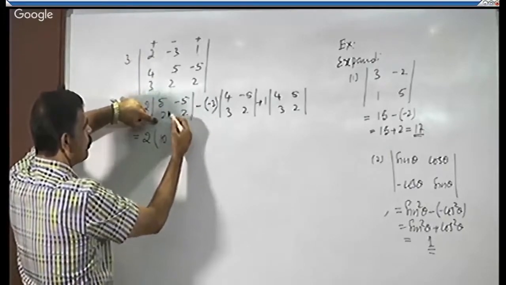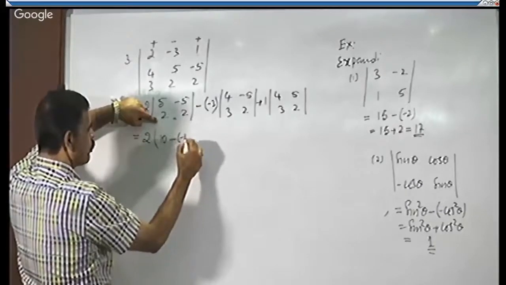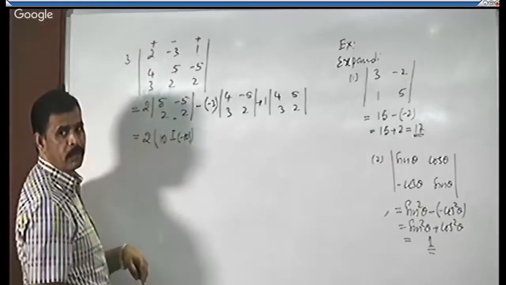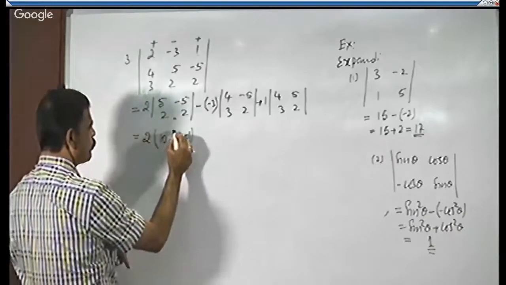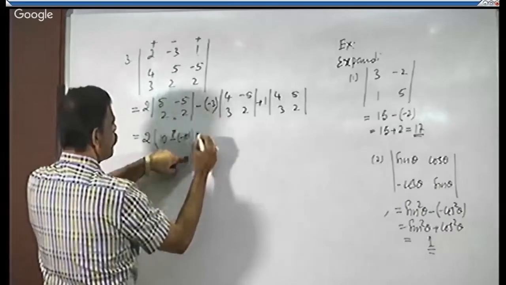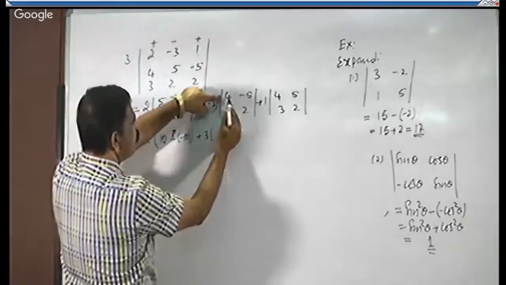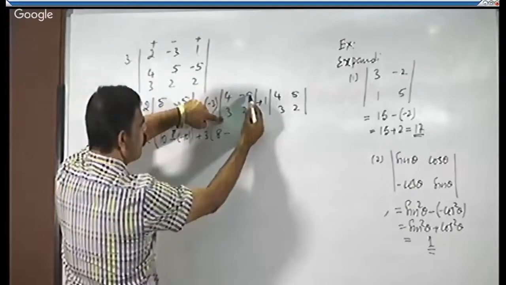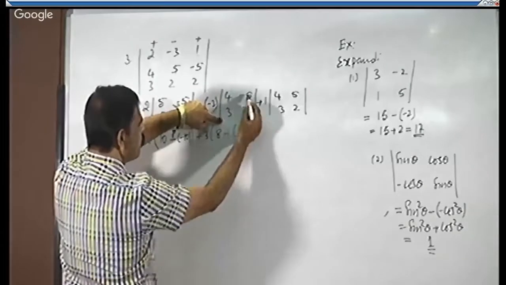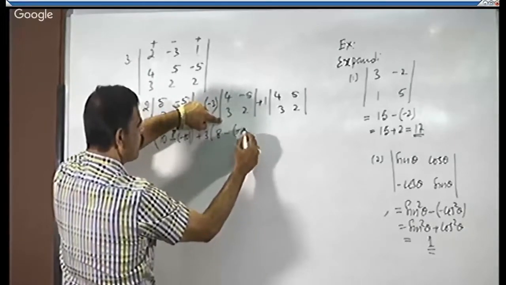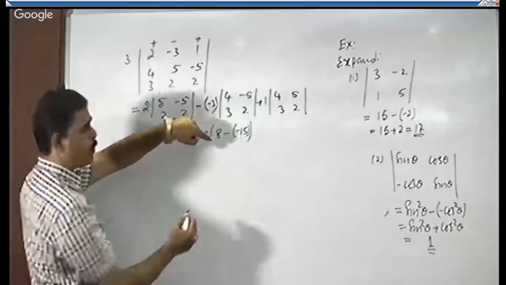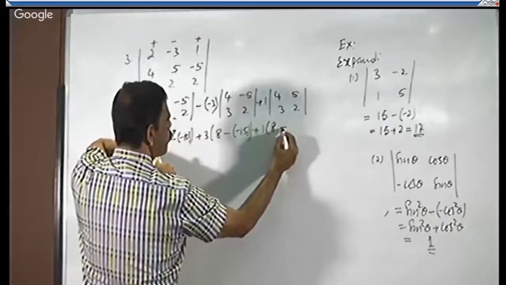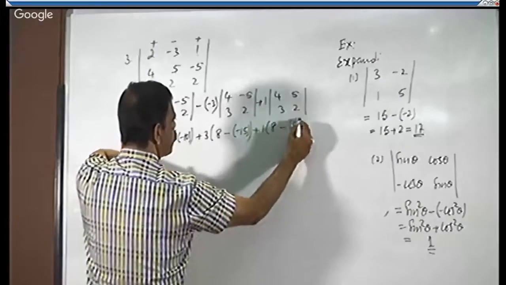Product of these two is what? 2 into minus 5 is minus 10. You take it separately. I mentioned that it is a formula minus, right? Formula minus. Minus of minus plus, 3 into 4 into 2 is 8. Put formula minus, then multiply these two. You are getting 3 into minus 5 is minus 15. Write it separately. If you write like this, don't be confused. 1 into 4 into 2, 8. Formula minus 3 into 5, 15.